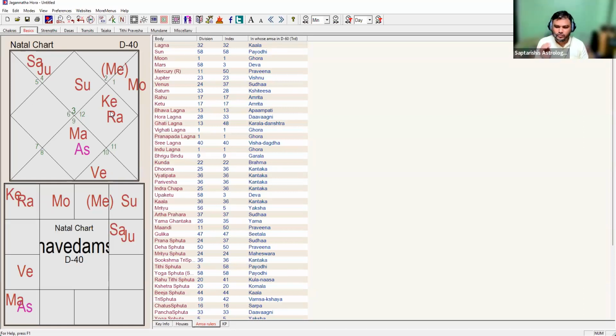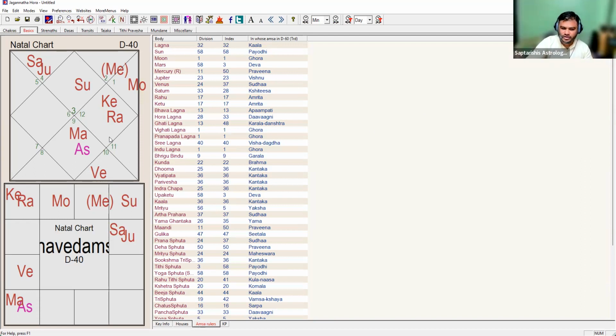Okay, this is the way we interpret it. But if you take it as a standalone chart, then Rahu and Ketu are both placed in the same houses. Now Sun is here, Venus is here. Sometimes Sun and Venus aspect each other in divisional charts, including Mercury. Mercury is aspecting Sun. So these things happen in the divisional chart. So it's a different story.